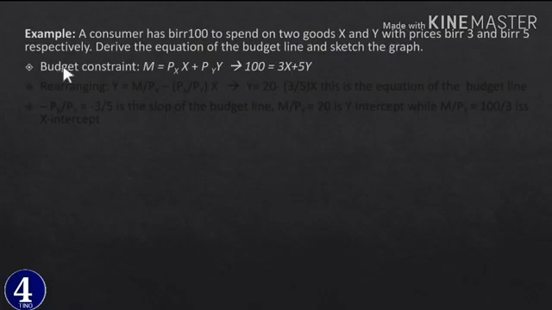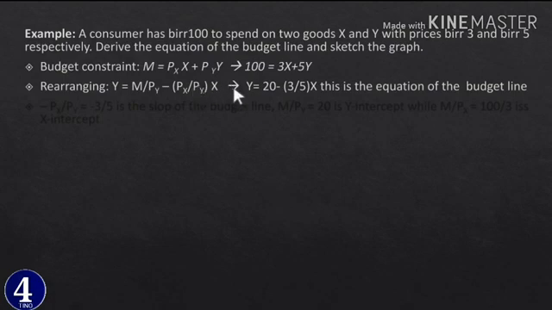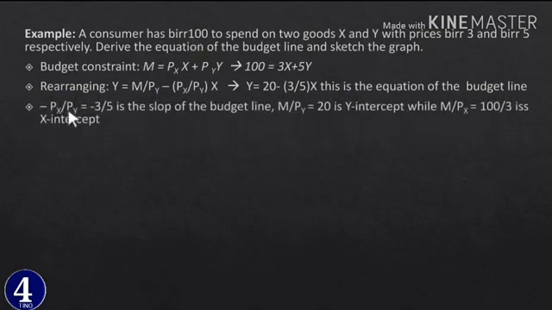What is this? This is a budget constraint. Budget constraint ማለት is it a budget line? No, we have to rearrange for y አይደል። ለy rearrange ስናረጋት እቺ ፎርሙላ m by py minus px divided by py times x ነበር አይደል። ይሄንን ስንሰራ m ስንት ነው? 100. py ስንት ነው? py is 5. 100 ሲካፈል ለ5 is 20, right, minus px ስንት ነው? 3. ይሄው 3, what about py is 5, ስለዚህ 3 divided by 5x ይሆናል ማለት ነው። So this is the equation of our budget line for a given consumer።